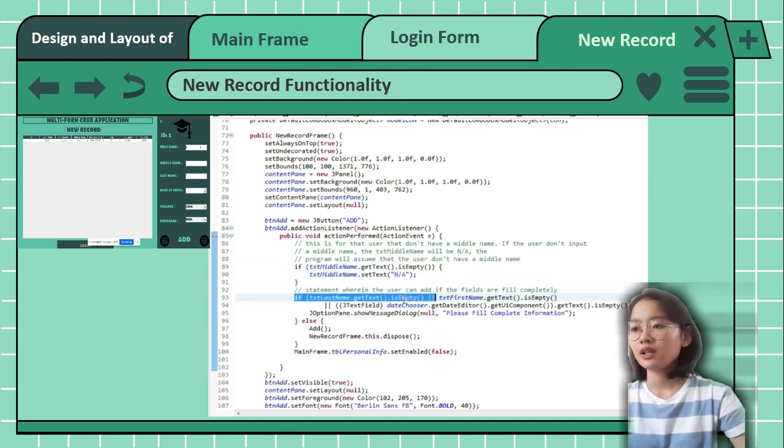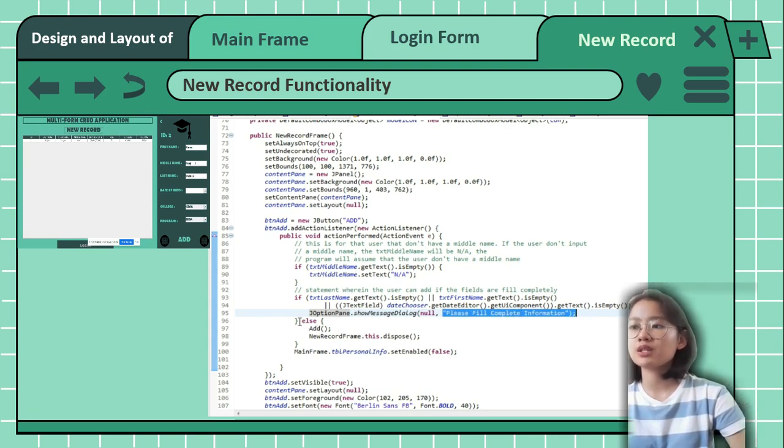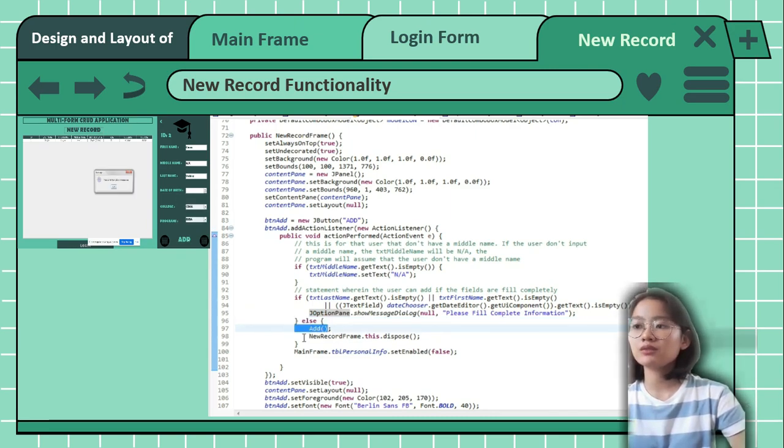For button add, if the user leaves the txt middle name blank, the text for the middle name will be set to NA. However, if the text fields for first and last name are empty, or if the user did not select the date for his birthday, a show message dialog box will appear with the message please fill complete information. Then, if the user fills the complete information, the program will call the add method and then dispose